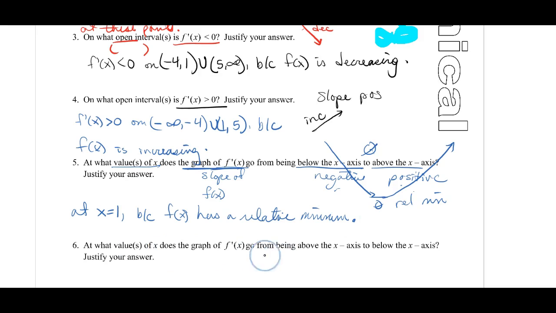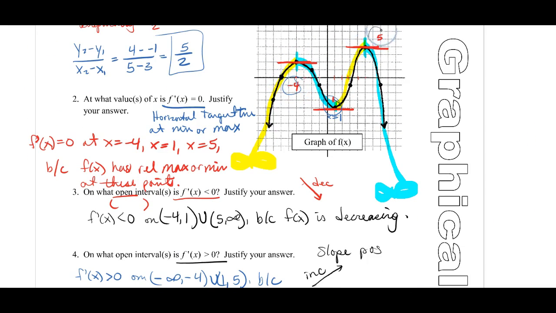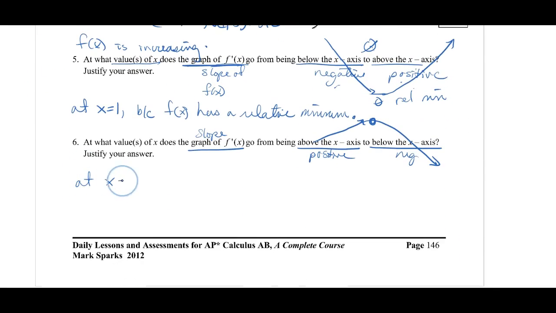There we go. And then the last question asks, when does the derivative, or when does the slope go from being above the x-axis, that's positive, to below the x-axis, that's negative. So I'm saying, when does my slope go from being positive to being negative? That's going to happen at a relative maximum. Looking at my graph, that's at -4 and at 5. I would answer at x equals -4 and at x equals 5